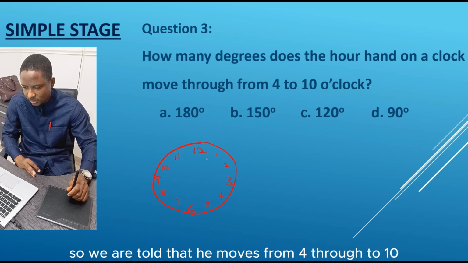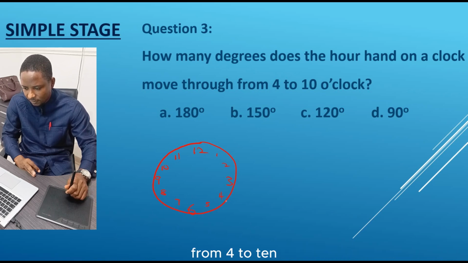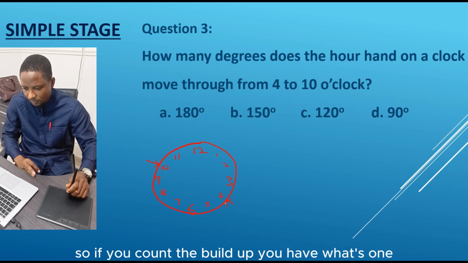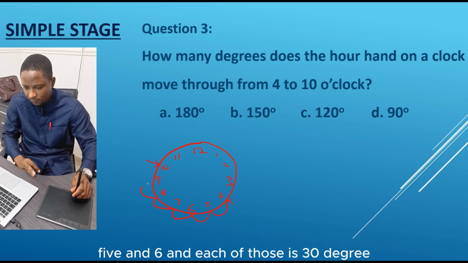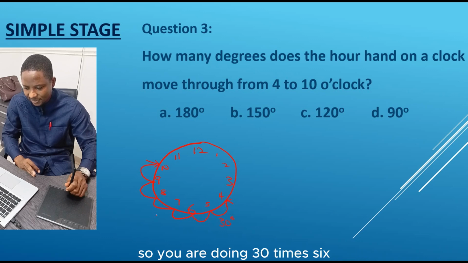We are told that it moves from 4 to 10. So if you count the build up, you have 1, 2, 3, 4, 5, and 6. And each of those is 30 degrees. So you are doing 30 times 6. And that will give you